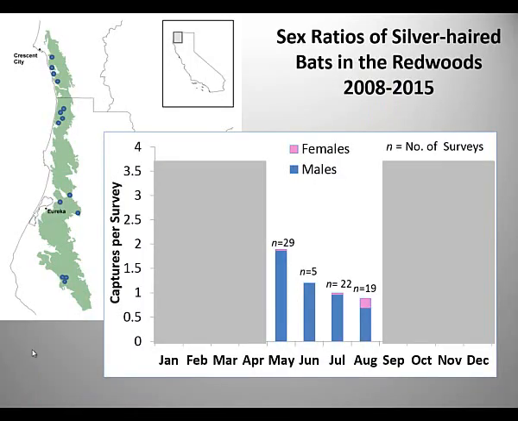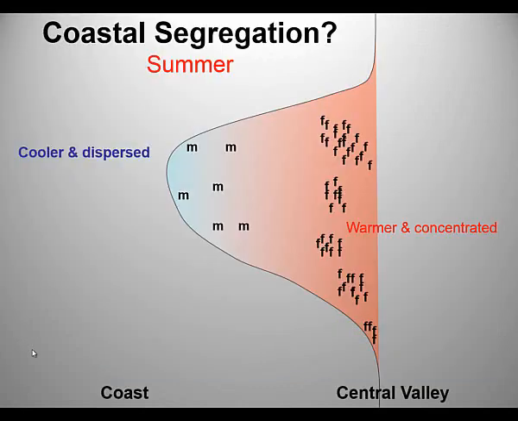But we were out throughout the redwoods looking for bats at all times of year, and if we just look at our summer results, we can see that our results from the coast were quite similar to what we'd found in the mountains inland, in that the majority of bats that we capture are males. So I decided that maybe we could flip this conceptual model on its side a little bit. If you know anything about Northwest California, one of the prominent weather features is the thick fog belt that develops right along the coast, and it gives way pretty rapidly to some hot inland valleys.